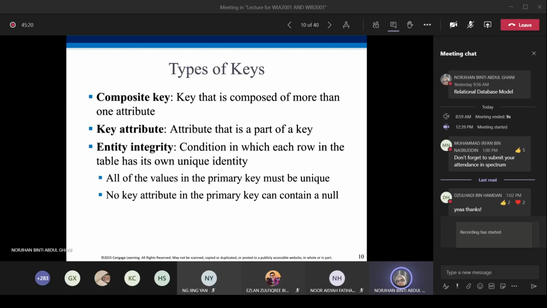If we decide student ID is the primary key, there must be a value for it, so we shouldn't have null values.